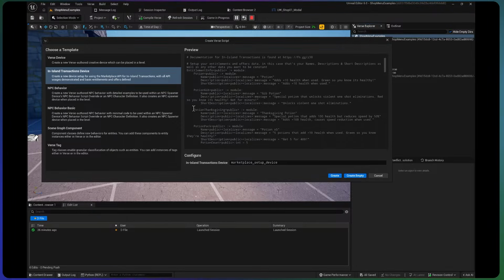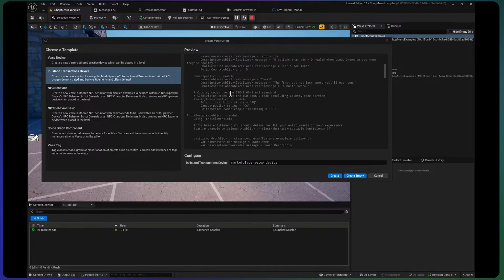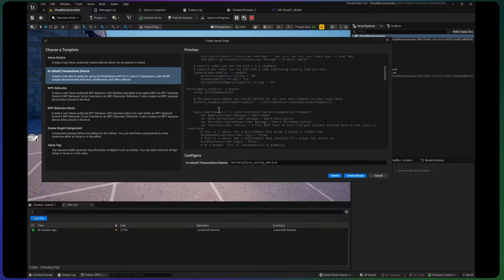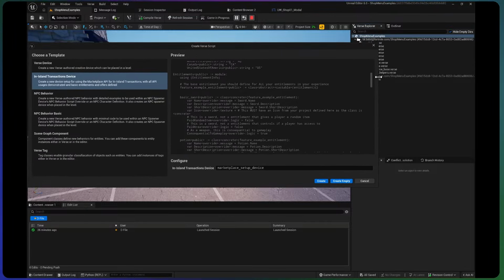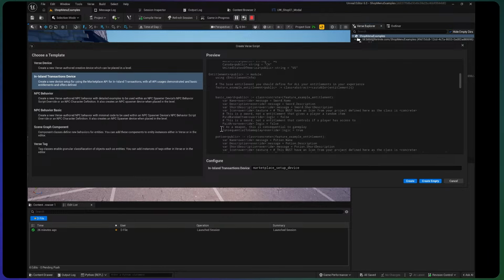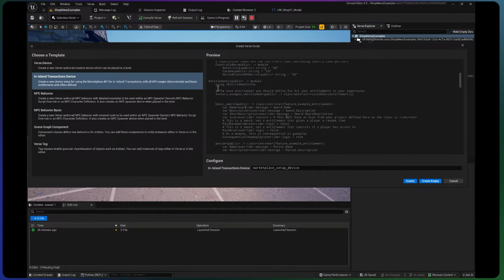So you see, we have this potion of Thanksgiving, right? You can preview it here in the window. I won't add it right now, and it goes through. It has comments. I actually suspect this was talked about in some of the recent in-island transactions live streams that we've done recently, right? So, but here is making, so this is data for offers, and here is making the